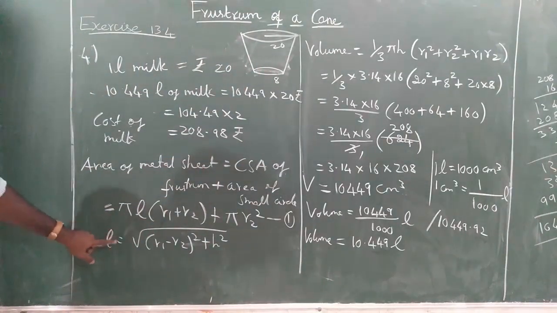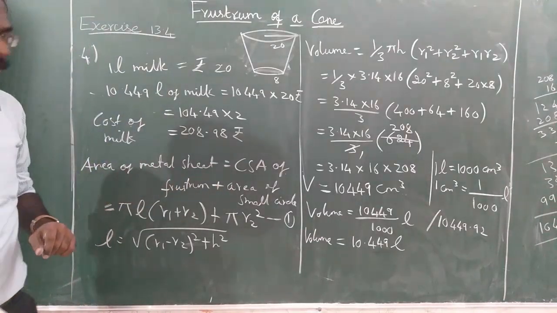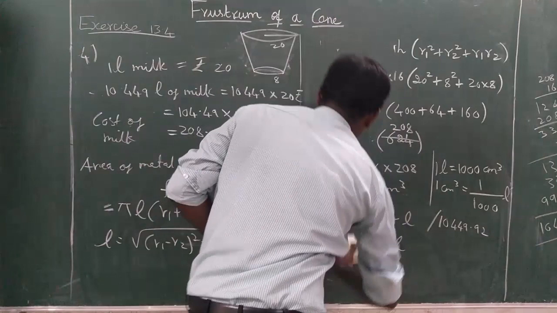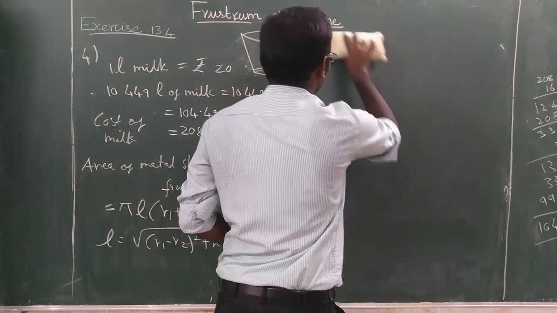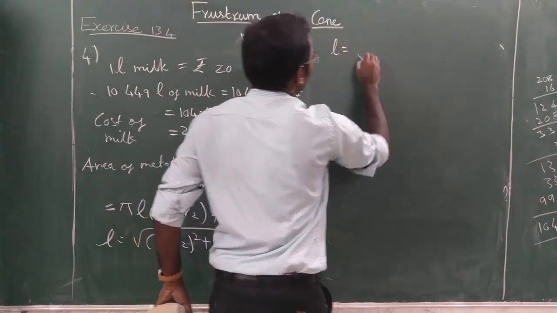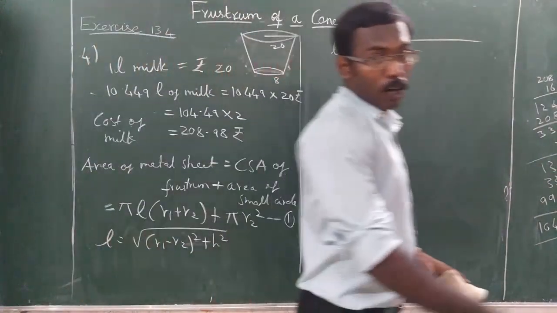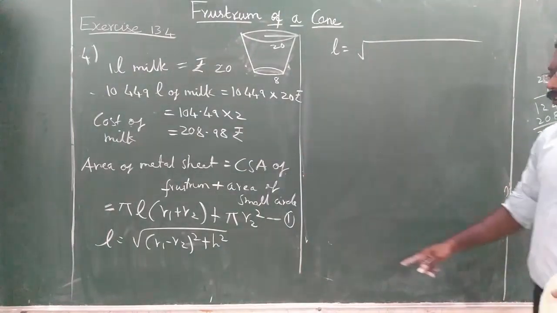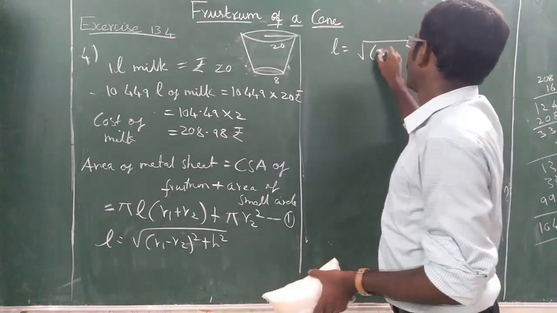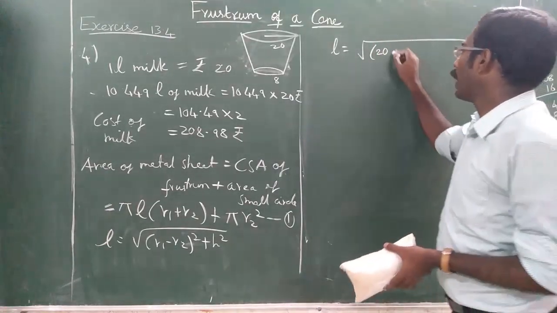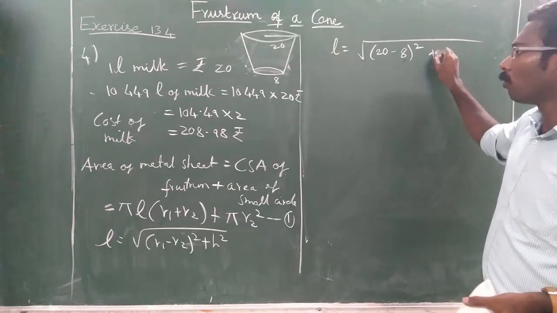So slant height, first we have to find the slant height and apply it here and we will find the area. Then we will find the cost. Okay. So I am erasing this. We are going to find the slant height first. So slant height L is equal to, are you all following? Everyone? Are you all following? Rahul Devmondal? Listen. So (R1 minus R2) whole square. What is R1? R1 is 20. In the question, big radius is 20, minus small radius is 8. So (20 minus 8) whole square plus what is the height?